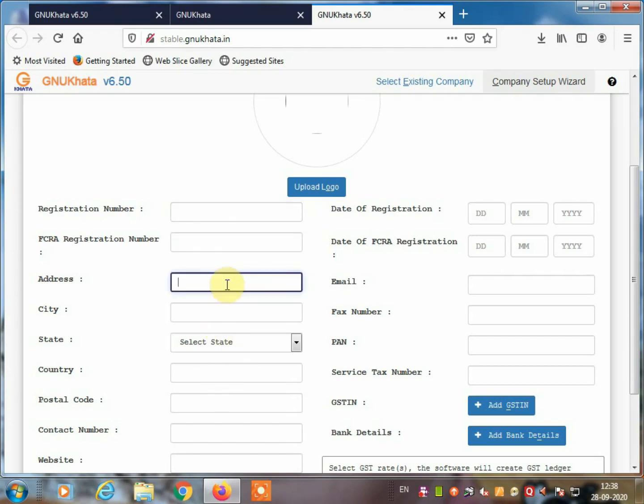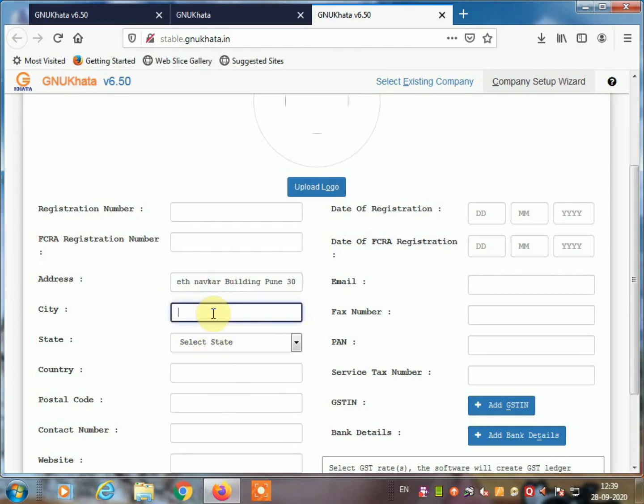Address, you can write the address that is given: 512 Shaniwar Pet, Naukar building, Pune 30.